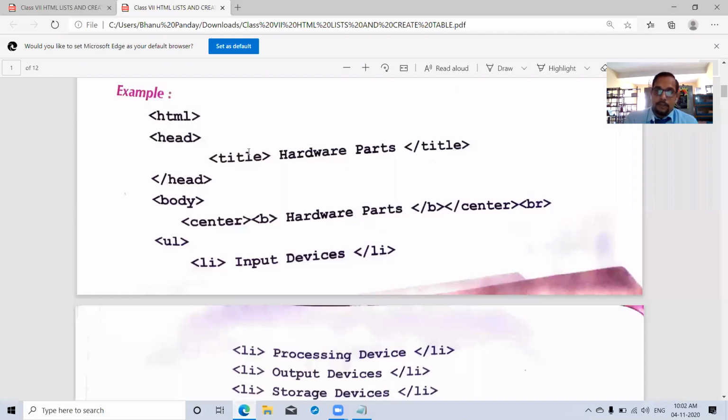This line is only to display hardware parts on the title bar, whereas this hardware parts is a heading which will come on the page, because this line is written inside the body tag. Whatever you write in the body tag will display on the page.